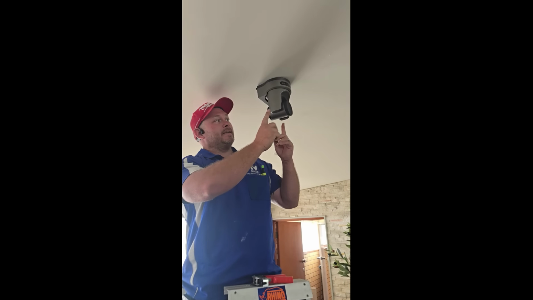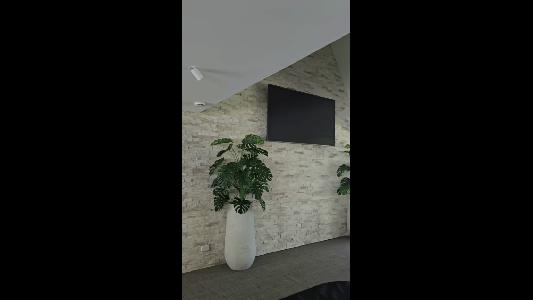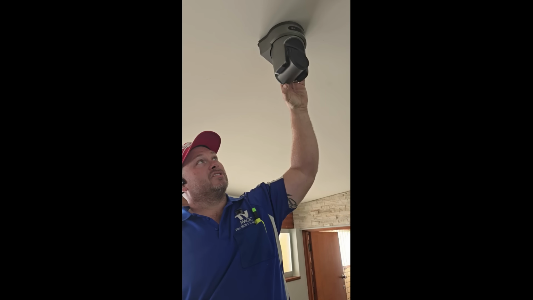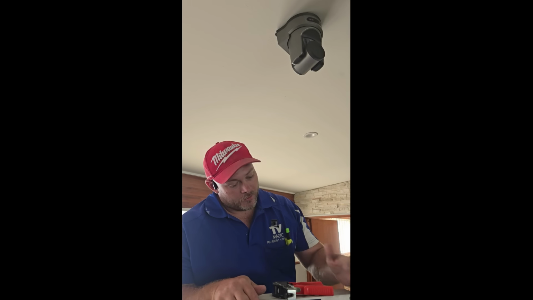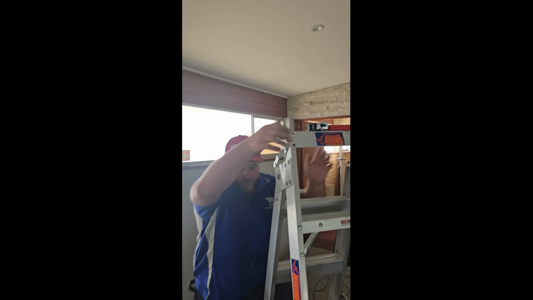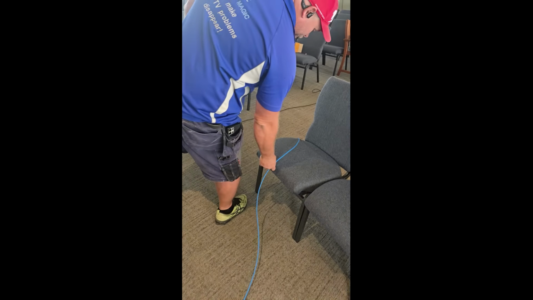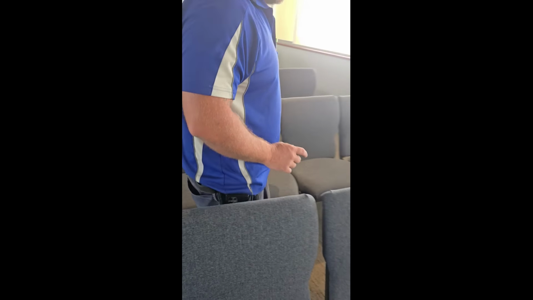Today we're installing the PTZ cameras for this church so they can do some live streaming. PTZ means pan, tilt and zoom. So these can move electronically either with a remote control or a specific controller that's back at the desk. Getting powered up by PoE over Cat6, and we're running some